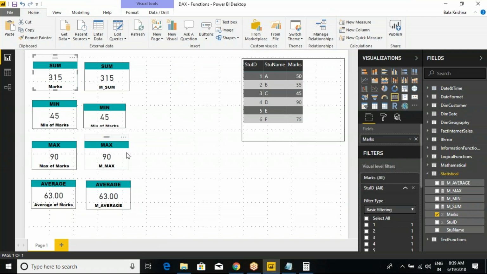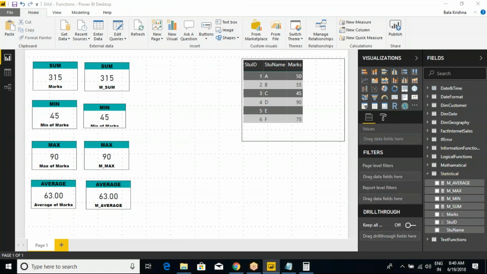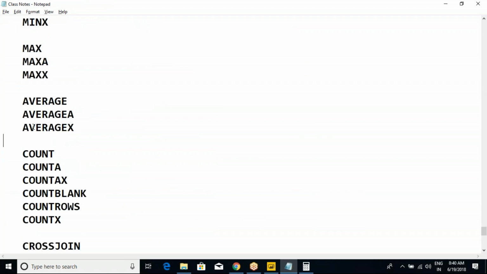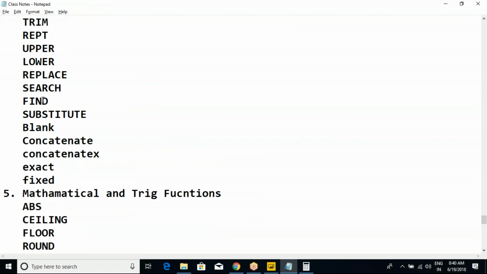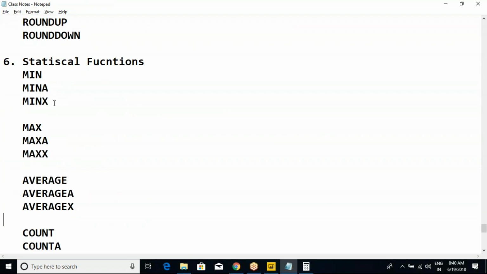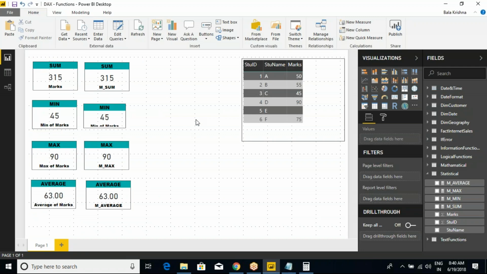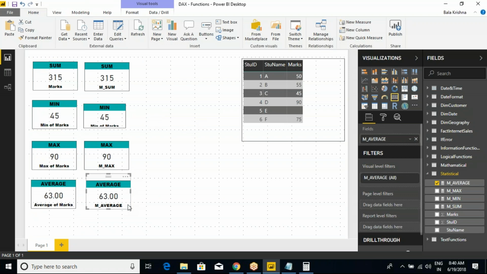Let's remove this filter. I don't want any filters as of now. That is not our topic today. Our topic is mainly that we understand what is a minimum, what is a max, average, and then sum also. Sum comes as part of mathematical actually, but anyhow. The next category would be,